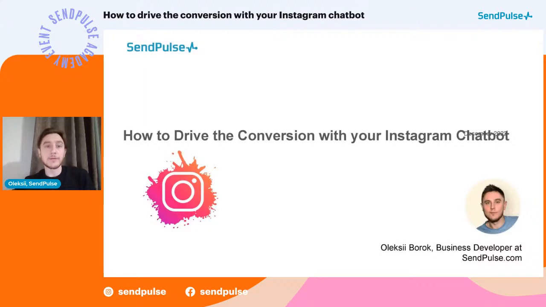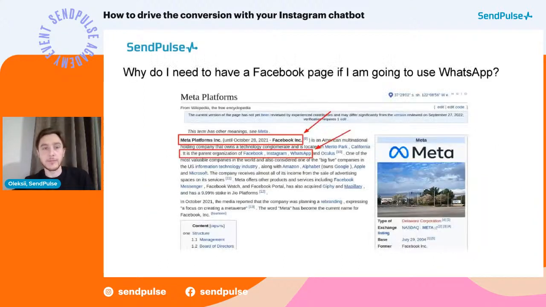Our topic is how to drive conversion with your Instagram chatbots. So the first thing that I want to mention, do you see this slide? It's written here like a Facebook page and WhatsApp and Instagram. There are many things about many different messengers. Why I added it here? Because